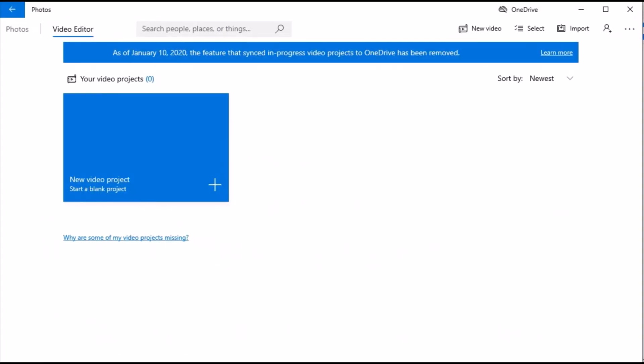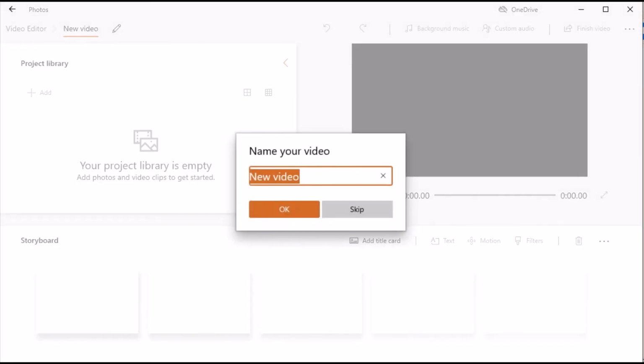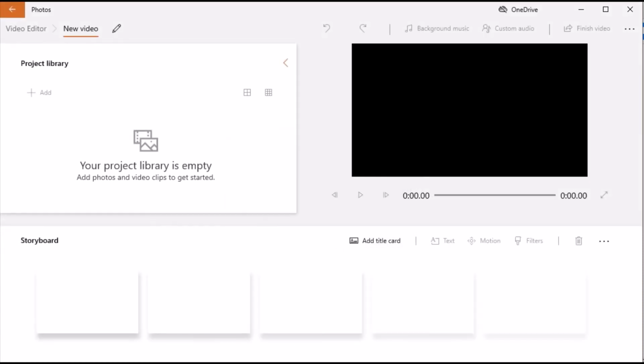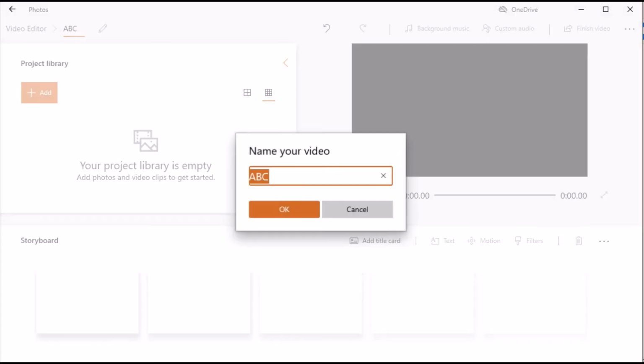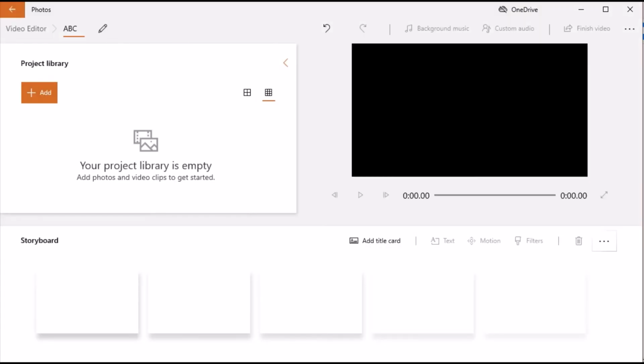In the video editor, it is something like this. You can add a new project. Now, you can give it a name. Let's say ABC. I've given it a name. Okay, you can also edit the name in here. It's really easy and user friendly. You don't have to go in different places. Now you can add a movie or a clip, your project file from a PC, from your collections, or from the internet as well.